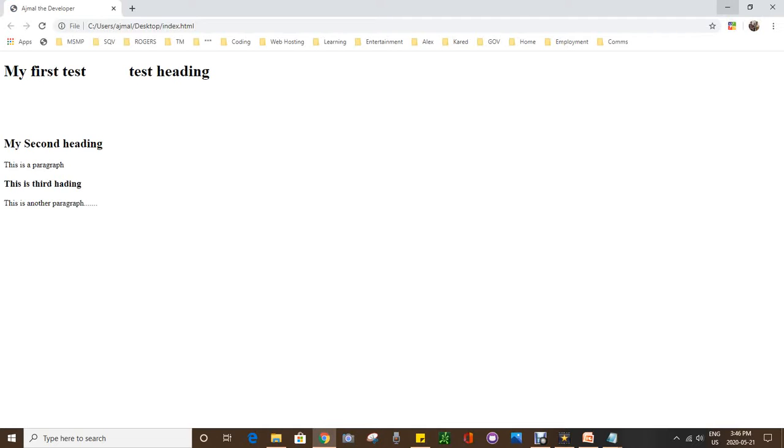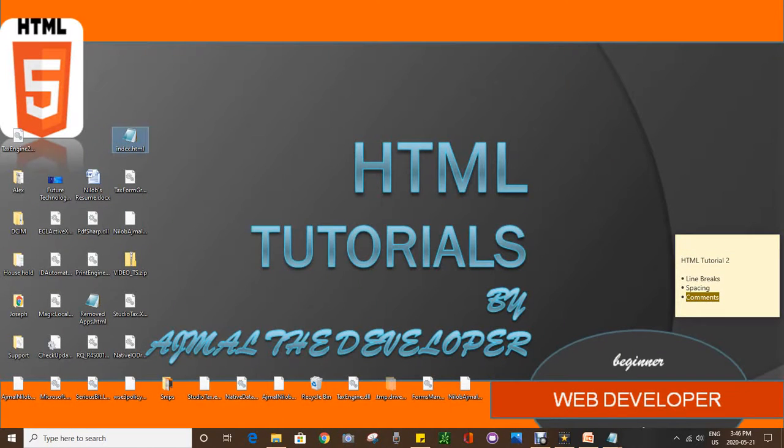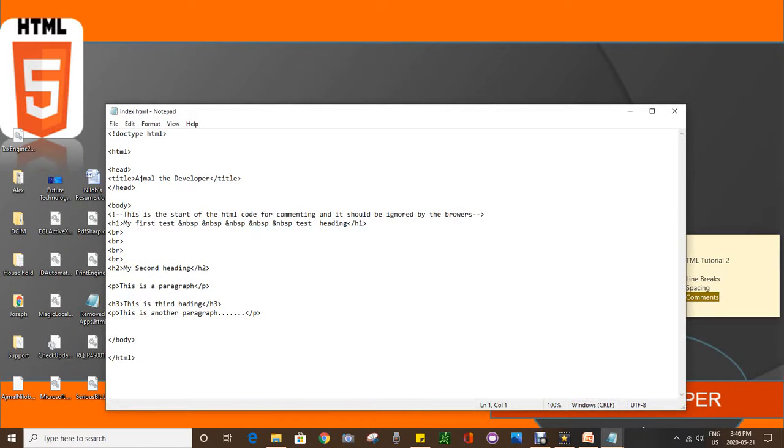So we covered, let's close this and see what we did here. So first off, we covered line breaks. That's how you do line breaks. BR, which is the only element that's empty, so there is nothing in between and there is no closing tag. And the second part in the tutorial we covered was spacing, which is ampersand